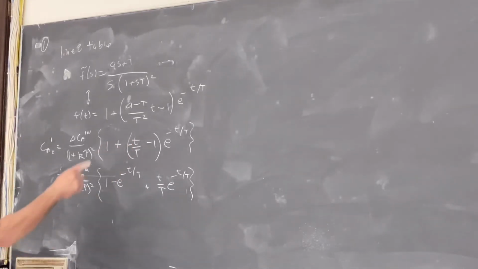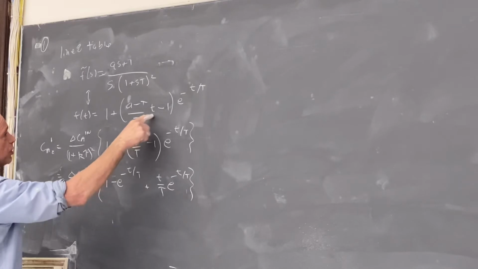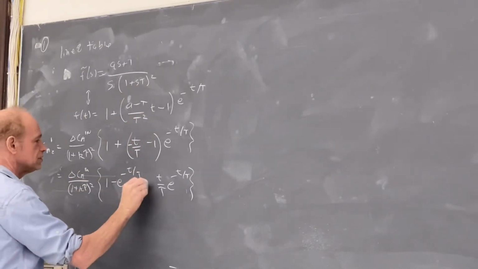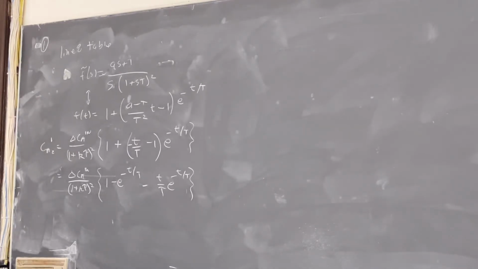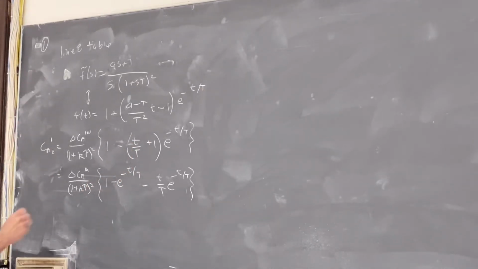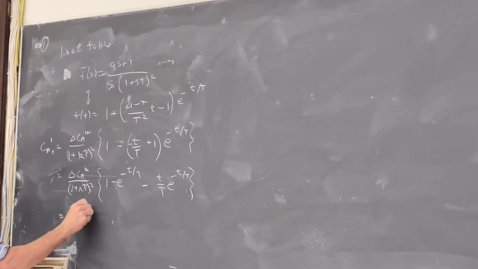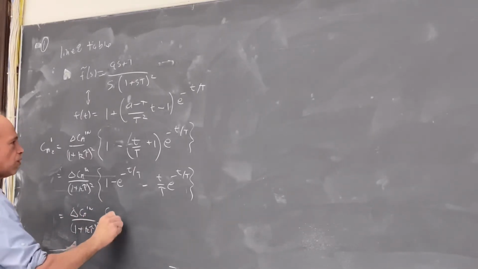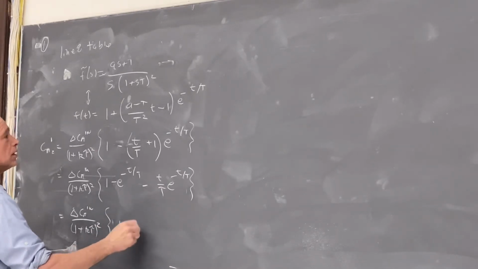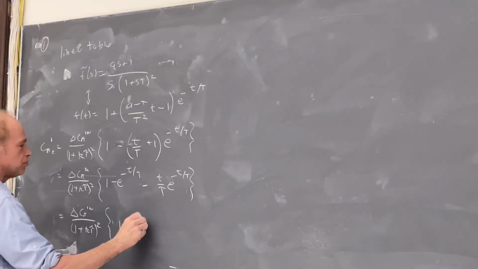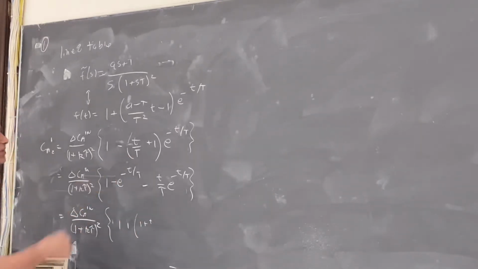So let's go through this again. A is 0, so here I have a minus 1 over τ times t, and a minus 1 there. And then I have this. That's starting to look better. Or I could just factor out the minus sign here, and then these are plus. And that looks correct. So we have delta CA in over 1 plus kτ squared times 1 minus 1 plus t over τ. Actually, this is fine. I just leave it the way it is.